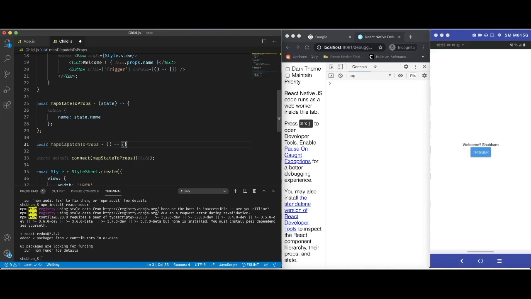So we are going to use dispatch here also. The return value for this function is again an object, and this object will again be merged with the props of the component. For triggering state change, every action should pass through the dispatch function. So we are going to wrap our action with the dispatch function and pass it to the component so that the component uses it directly.